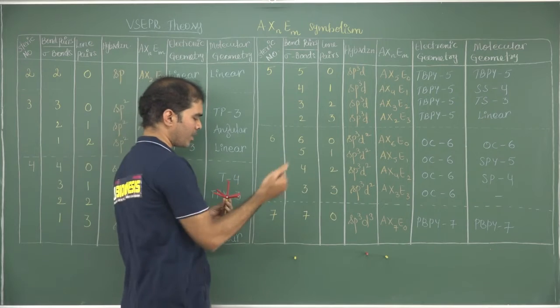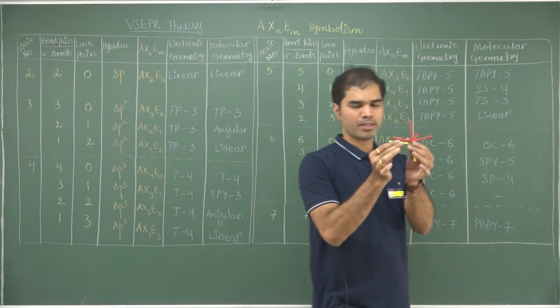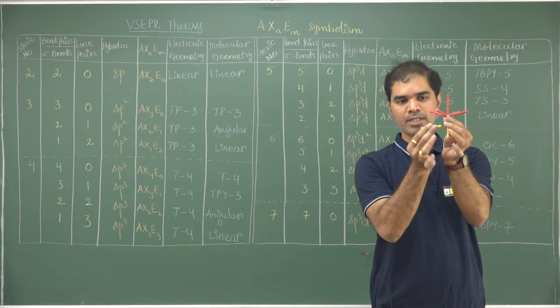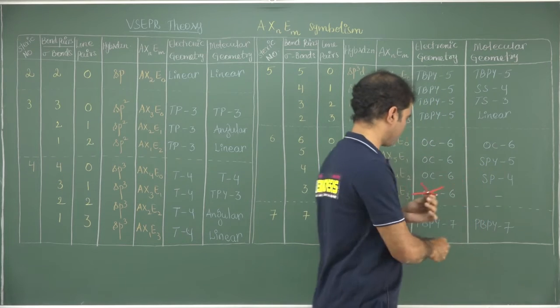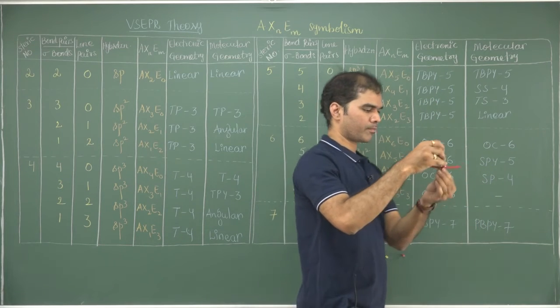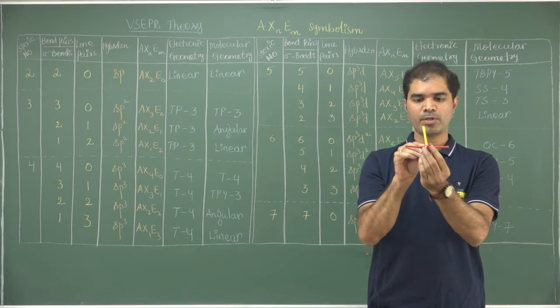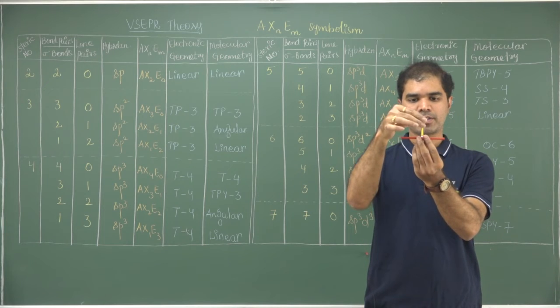When I choose a second lone pair, that second lone pair could occupy this position, where it will be cis to the first, and the repulsions will be large. So instead of choosing this position, it will choose this position. Now when it chooses this position, all these bond pairs will be in one plane. Again they will acquire a planar structure.